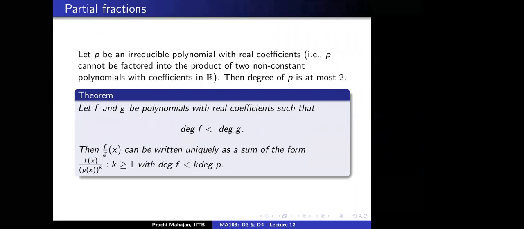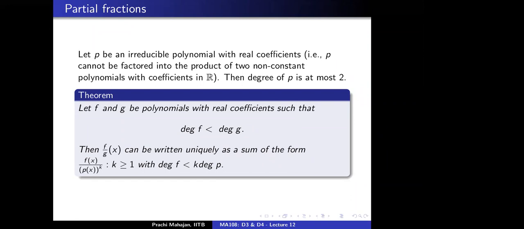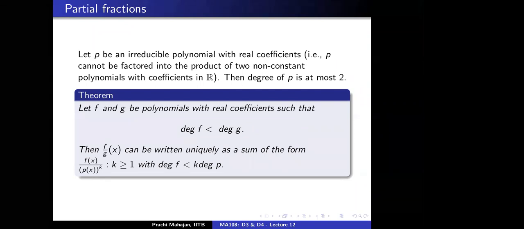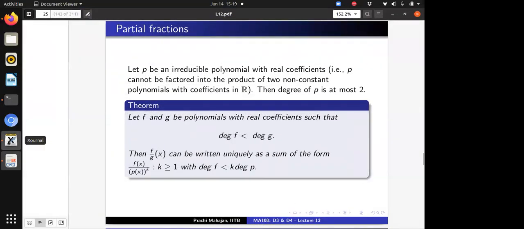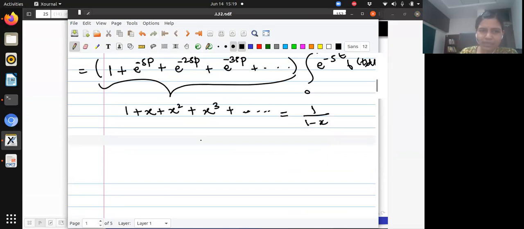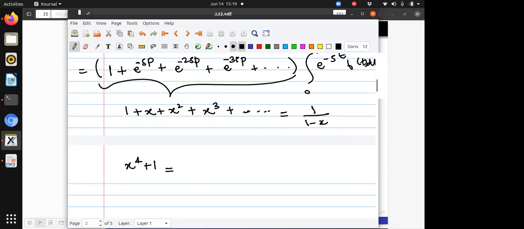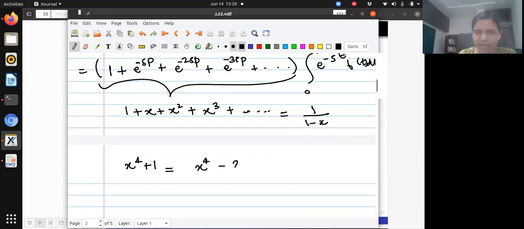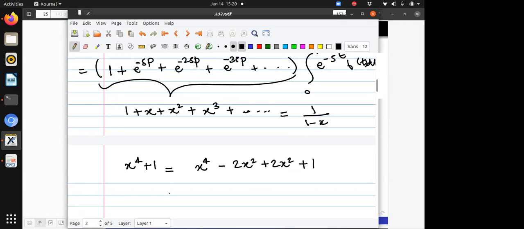x to the power 4 plus 1 can be broken with real coefficients, as what? Like add plus 2x square minus 2x square, it will be x square plus 1 whole square minus root 2 of x whole square. Let me write that down, whatever you are saying. So what are you saying? You are saying that let's look at x to power 4 plus 1, correct? And what are you saying? Let's subtract, and is that what you're saying? Yes. And then what do you want to do?